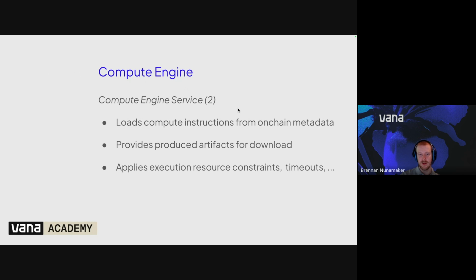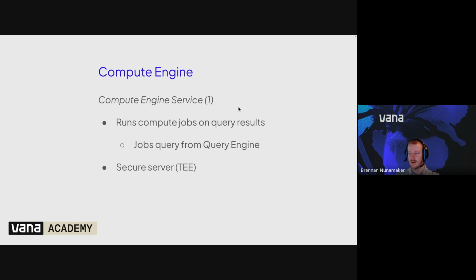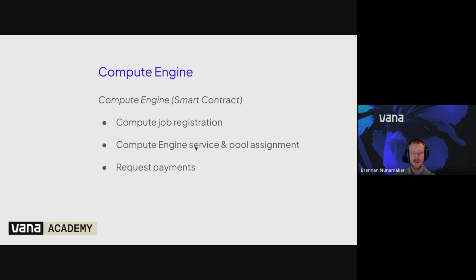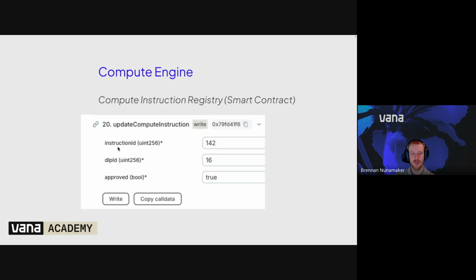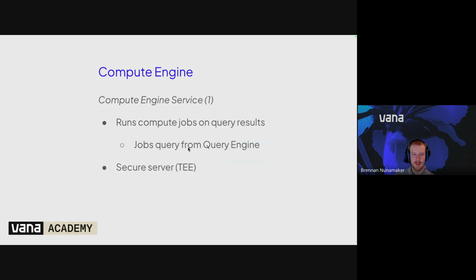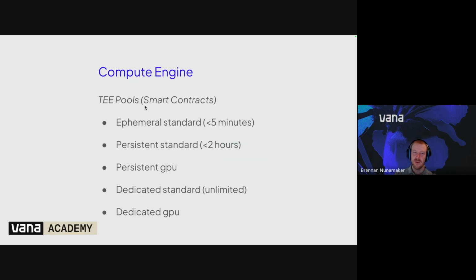I mentioned before that the Compute Engine Smart Contract determines which service machine and TE pool to assign it to based on the max timeout and GPU required parameters when submitting the job. This is what these TE pools are. So these exist as smart contracts on the chain. I won't go into too much detail here, but it's just good to know that depending on the max timeout,